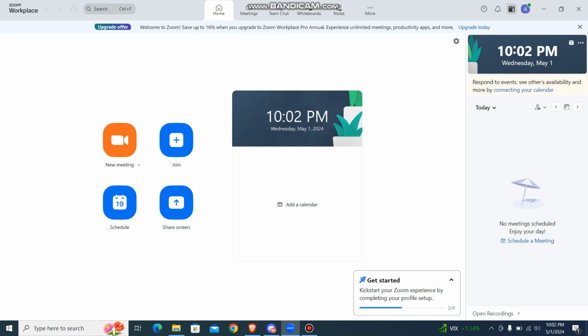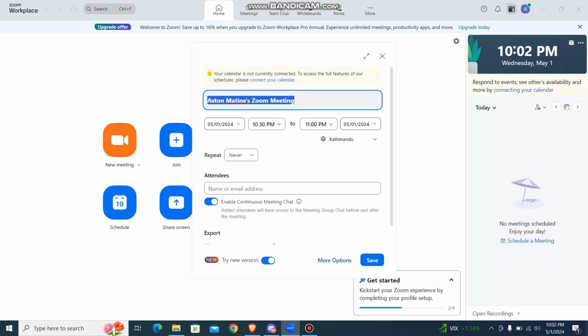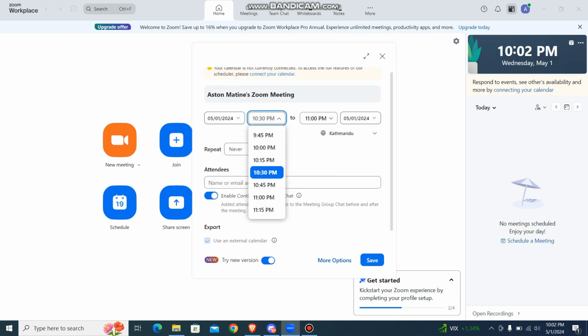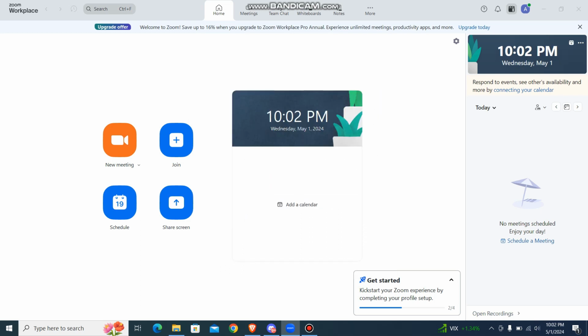So firstly, what you need to do is go to your Zoom app. Once you go over there, you'll have this option which says schedule, just below new meeting. Just go over here and it will load. Now just have it as you prefer, so just choose your date, then choose the time up to when, and then choose up to which date,